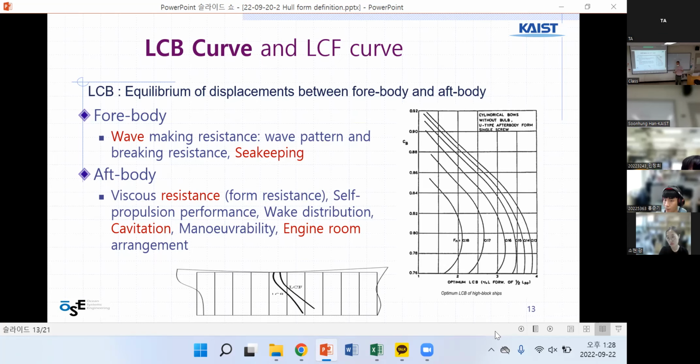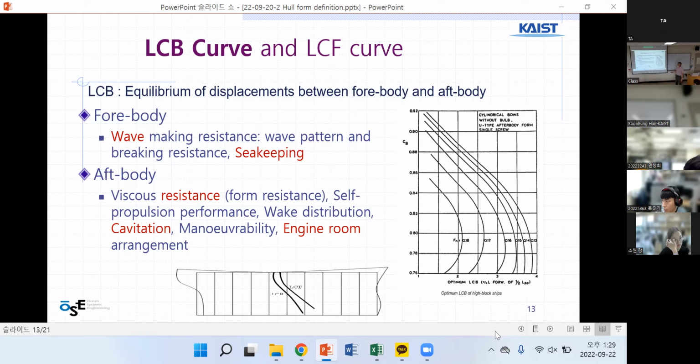The wave is coming, the ship is running, it is hitting the wave, right? So the ship is rolling, pitching like this. So the forebody is important for wave fronting. Afterbody is important for resistance, propulsion, wake distribution, cavitation, engine arrangement,